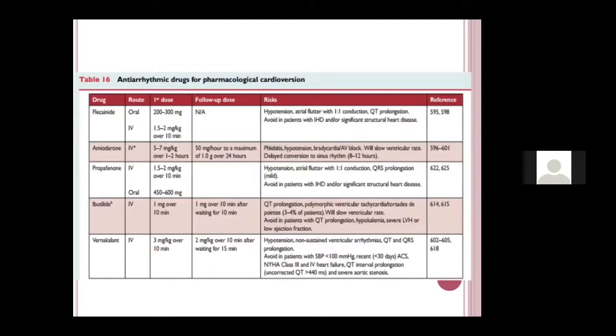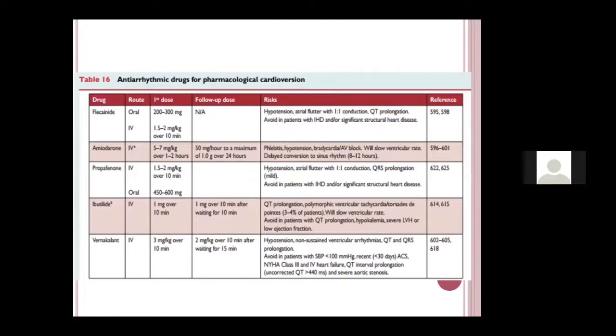Now, suppose a patient who is admitted to you has AF. You see a 40-year-old male who has atrial fibrillation. The first thing you should always try is to give rate control. So you start a beta blocker, most preferably. And if the rate is not controlled on beta blocker, then you try to maintain the sinus rhythm if the patient is symptomatic.